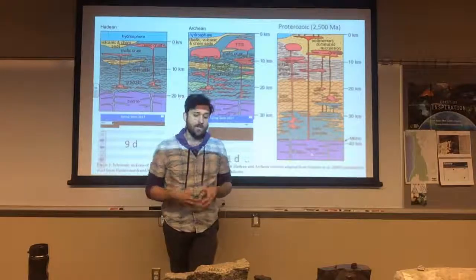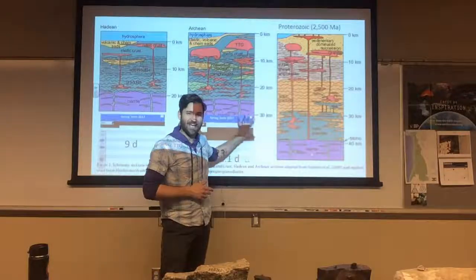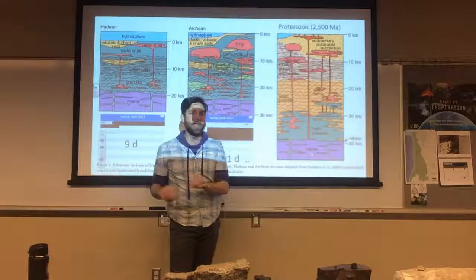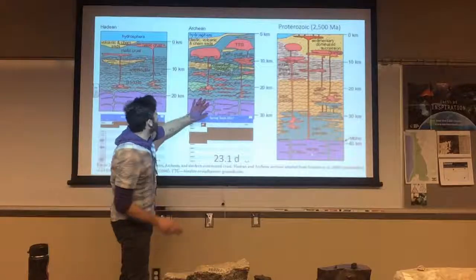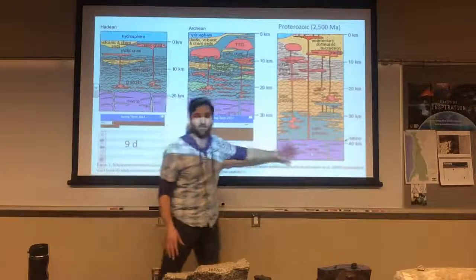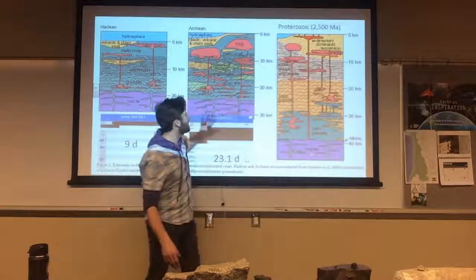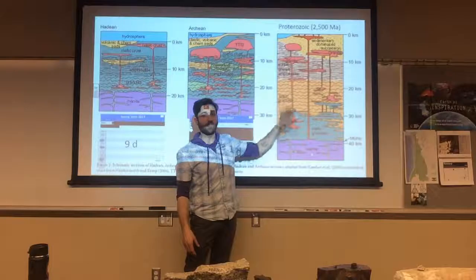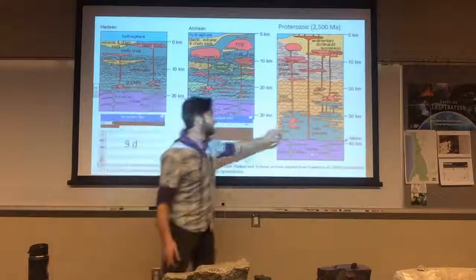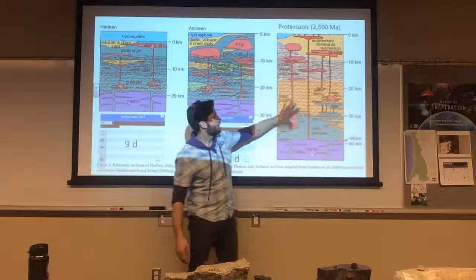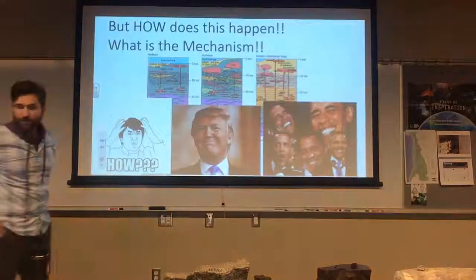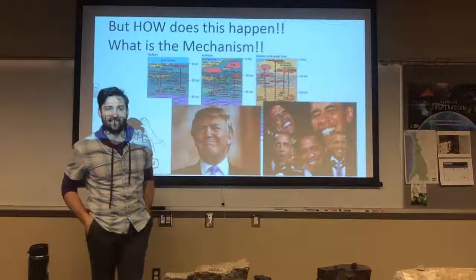So there is an argument in Precambrian geologist land. When did plate tectonics start? When did modern plate tectonics start? And the argument is that Archean and Hadean crust don't look anything like today. They don't look like Proterozoic crust. So sometime in the late Archean into the Proterozoic, we have the beginning of modern day plate tectonics, where we have melt that's being created in the mantle that's accumulating felsic material in the crust. Okay, now, how does this all happen?